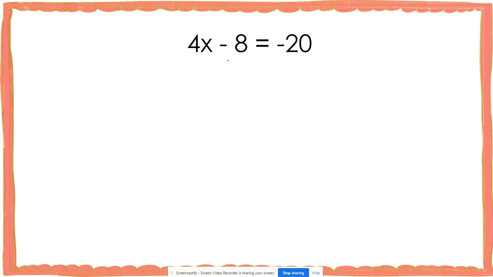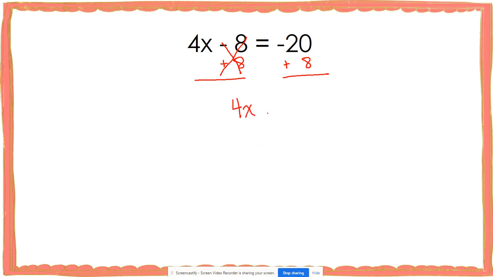I'm going to solve this just like any other equation. I'm going to use inverse operations. So the inverse of subtracting 8 is adding 8, which I'm going to do on both sides. Now over here, we see that we have what is technically a negative 8 plus positive 8. Well, these are additive inverses, so they combine to make 0,